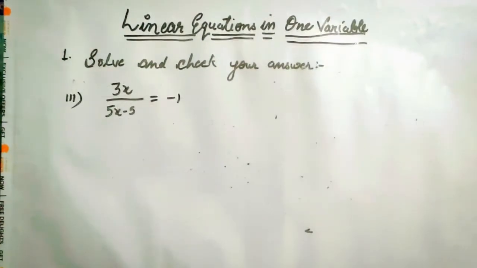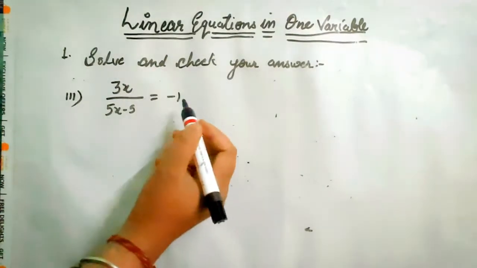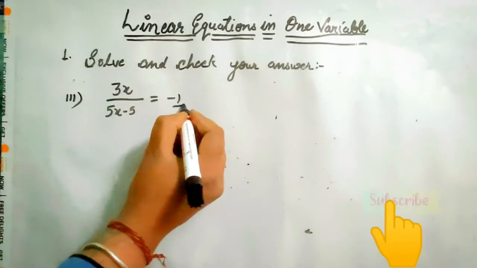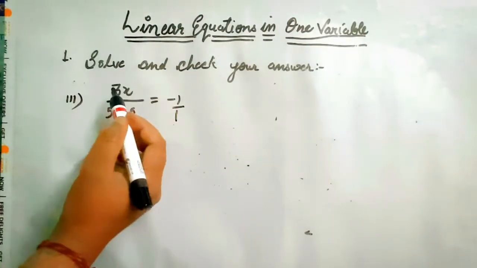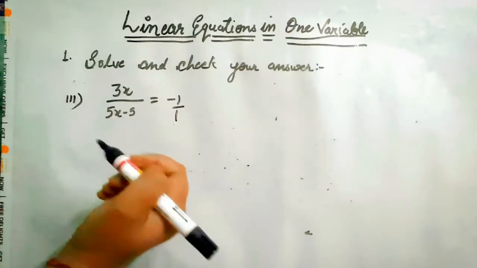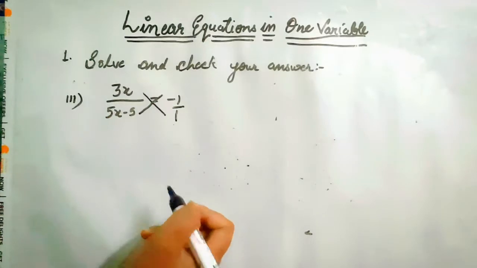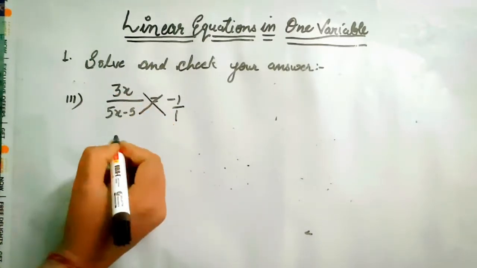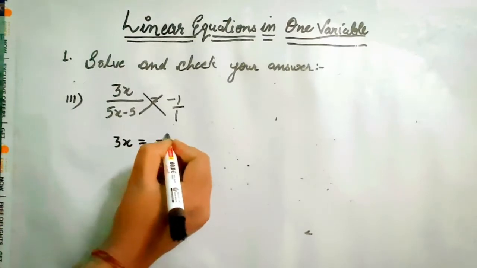Let us see the third part. It is 3x upon (5x minus 5) equals to minus 1. So in right hand side, nothing is there in the denominator, you can put 1. Again, the left side of your equation is in the form of p upon q. So cross multiply. First of all, 1 multiplied by 3x will be 3x will be equals to minus 1 multiplied